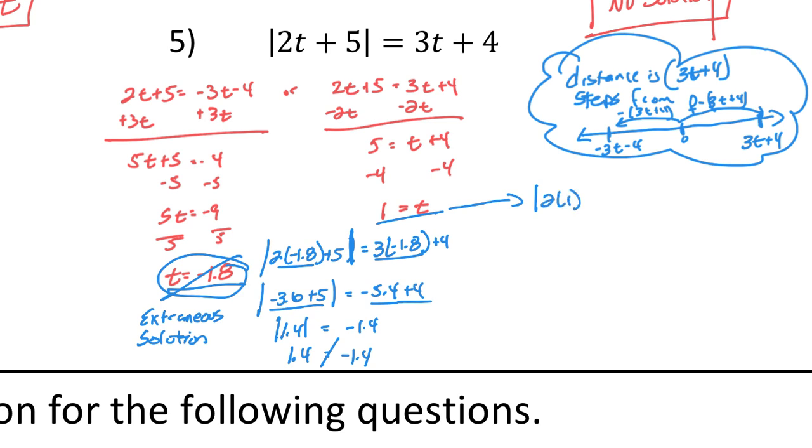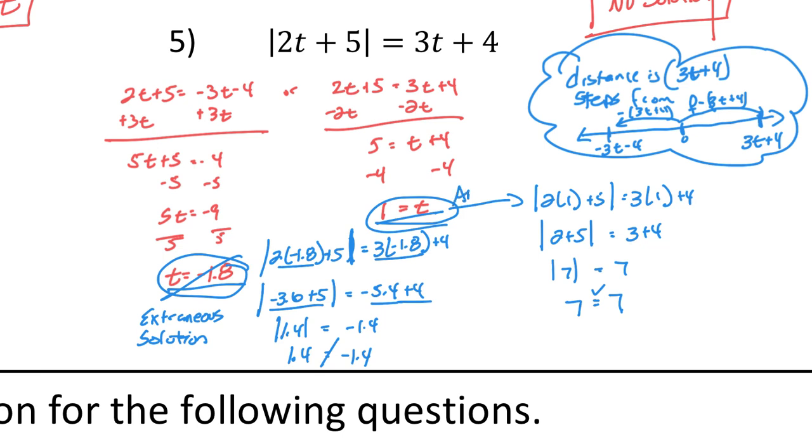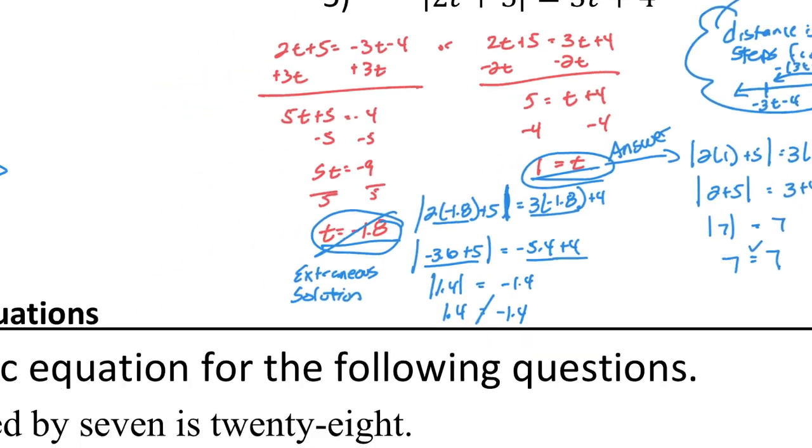2 times 1 plus 5 equals 3 times 1 plus 4. This gives us the absolute value of 2 plus 5. This gives us 3 plus 4. This gives us the absolute value of 7. 3 plus 4 is 7. And the absolute value of 7 is 7. And the right side is already 7. That works out. That means this is our answer or our solution. Okay,